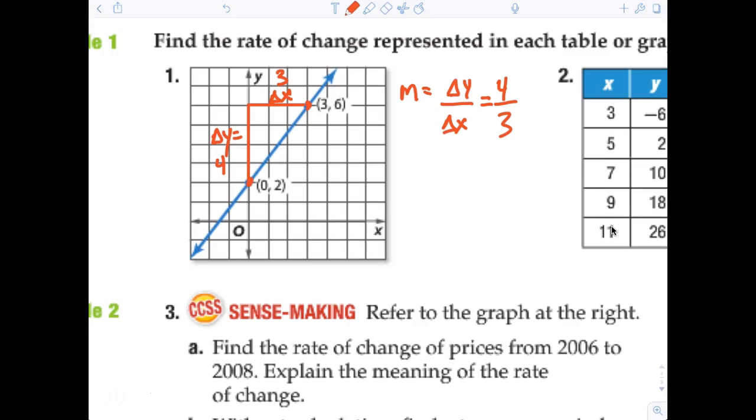Now, some of you might be saying, what if I wanted to go from this point here? Please watch. Here's the important part. Here, and then I went in this direction here. It's going to be the same thing. However, I'm going down. And down is negative. So this would be -4. And then the other direction would be -3, because you're going to the left. So going to the left is negative. Is everybody with me on that?